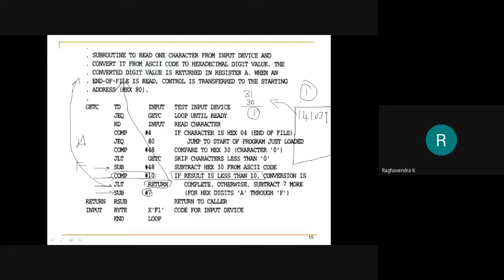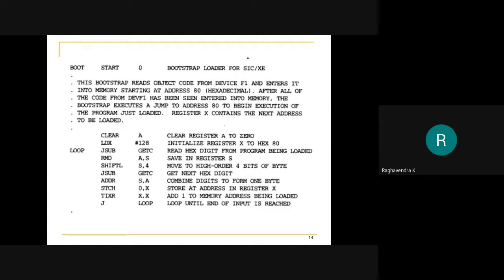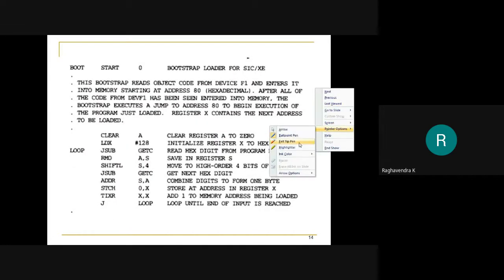Got it? If it was A or something like this, then after subtracting 30, again I will subtract 7 from it, and whatever the resultant is, I will pass on to my main subroutine. I hope you have followed this. This subroutine is going to be called again and again until everything is read. Now I will get back to the main subroutine. I hope you have followed that. Any doubts there?